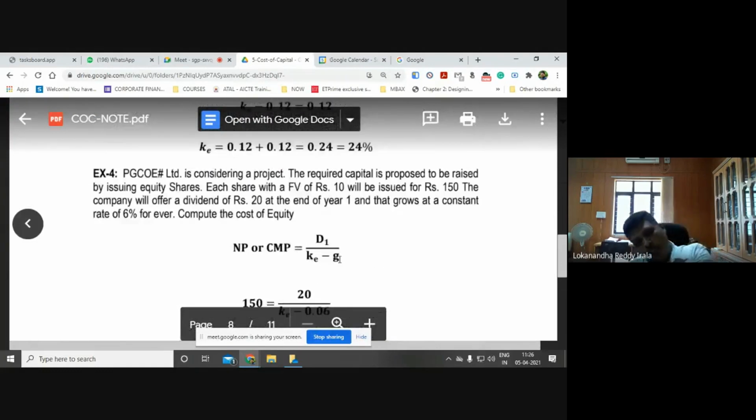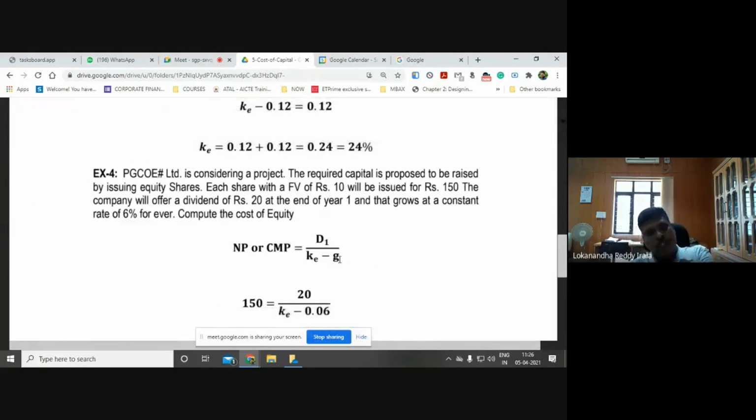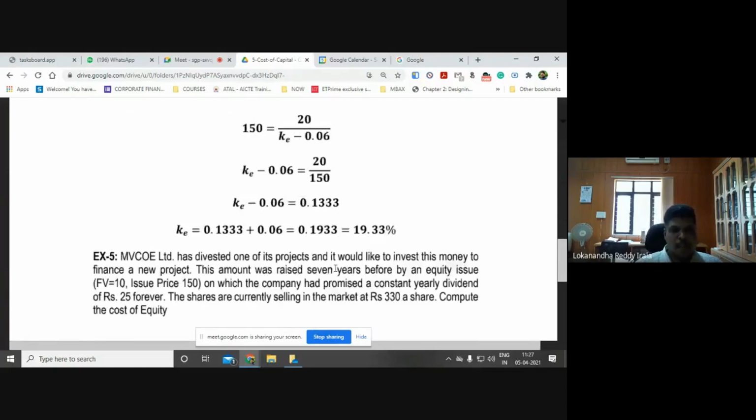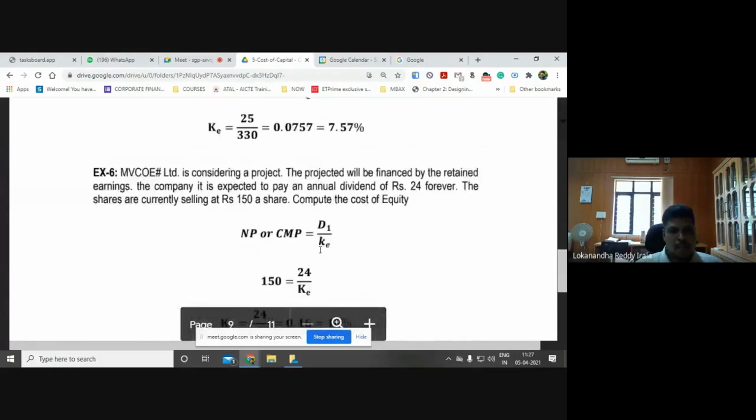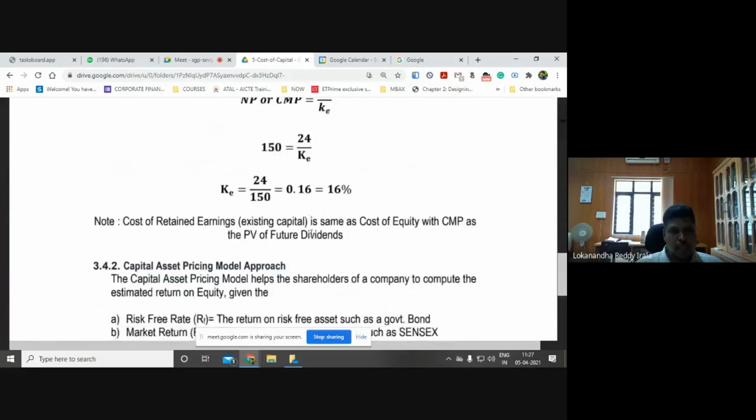So we have only two cases in finding out cost of equity. One is the A by k formula, and the other is the A by (k minus g) formula. We use the A by k formula when we have a constant dividend stream from the first year to an infinite number of years, and we use the A1 by (k minus g) formula when you have an annuity which is constantly growing at a rate equal to g. So these are some worked out examples.